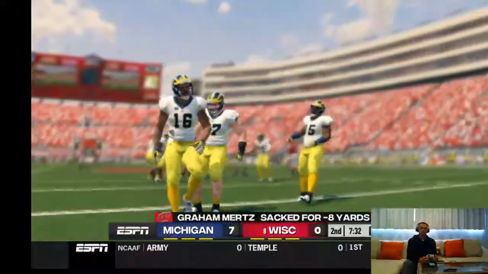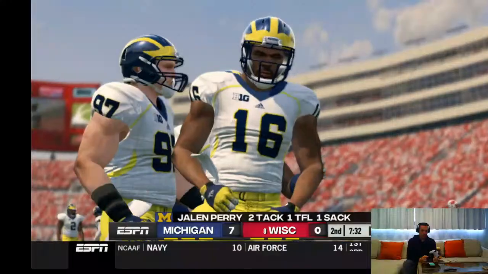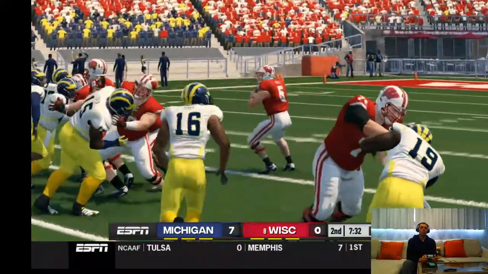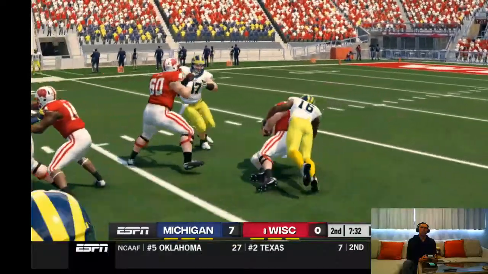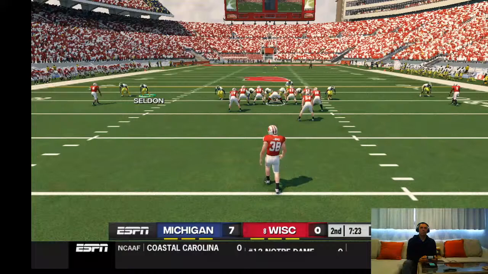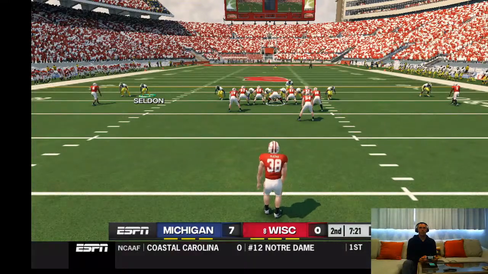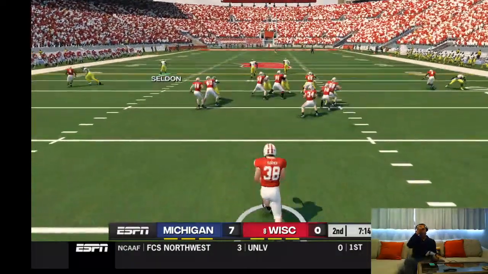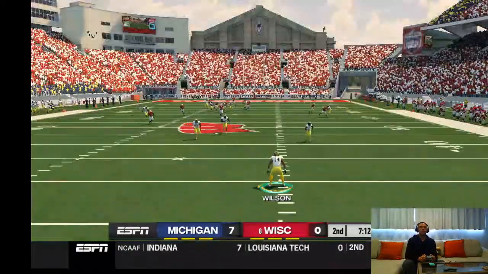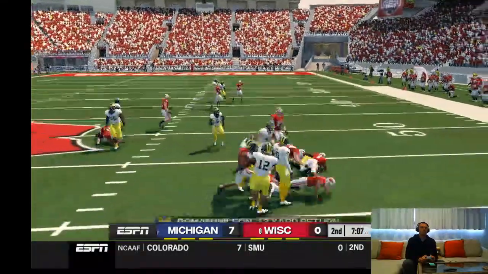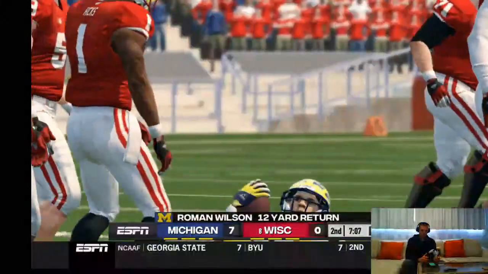He just blew past the Michigan blockers and dragged the quarterback down. Boy, excellent play by the defense here. A few extra seconds, and those receivers might have been open. Wilson awaiting the return. He's to the 40, and he's taken down at the 43-yard line. Got a couple short fields so far.